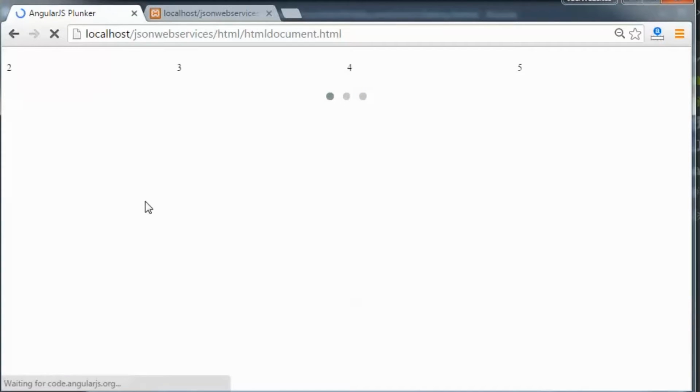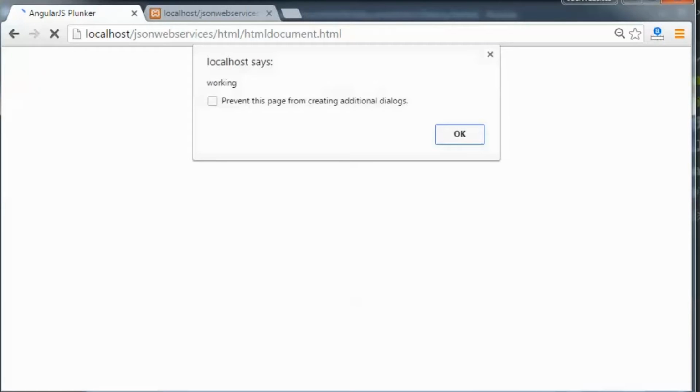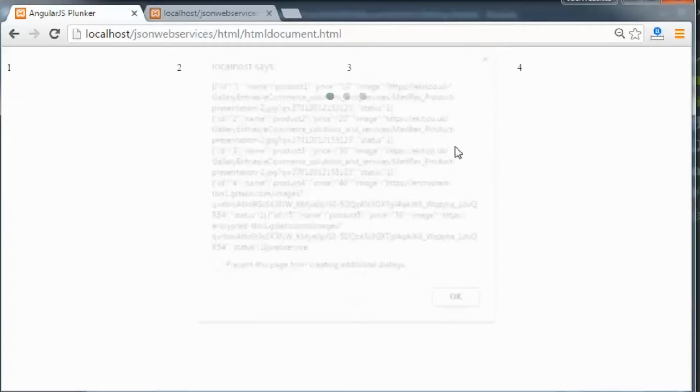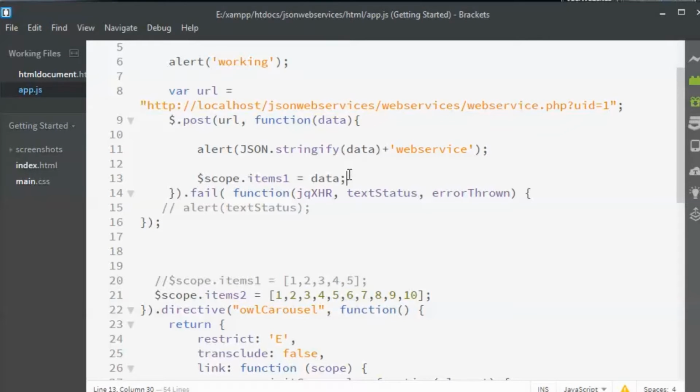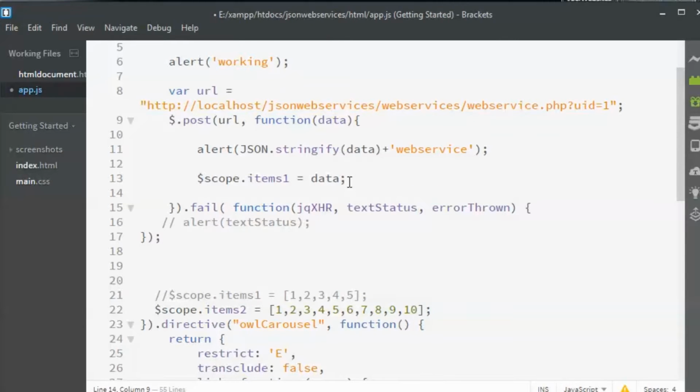I hope it works. We got the first alert that says working. But it did not show the data. Since we are getting the data too late, I'm going to type in $scope.$apply over here.